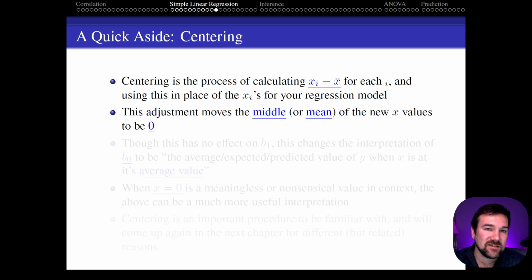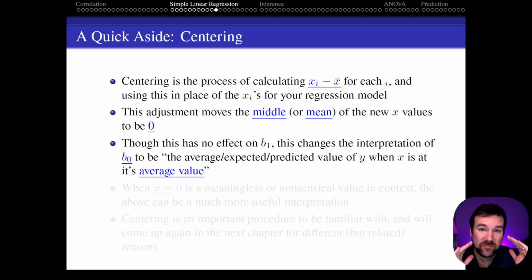What this does is it moves the middle of the data set, the mean, to be 0. And this is kind of fascinating because while this has 0 impact on the slope,